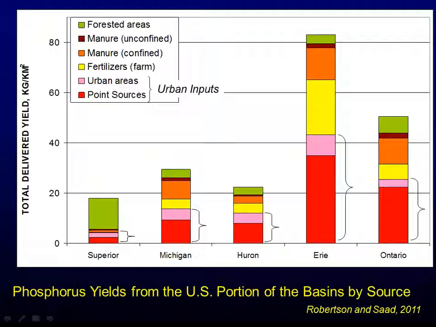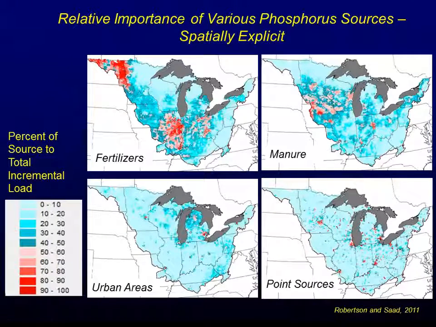This is what threw a lot of people for a loop. If you just looked at point sources, we're coming up with numbers a little bit higher than a lot of people believed. Now this is 2002 inputs, you have to remember that. But we're coming up about on the high side of 40% still coming from the tributaries leading into Lake Erie. But this was 2002, and I really don't think things have changed that dramatically since then.